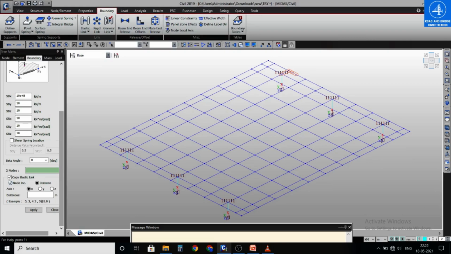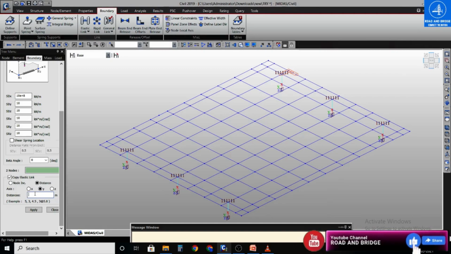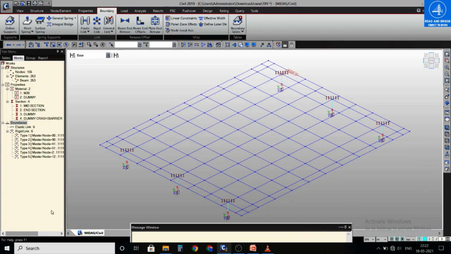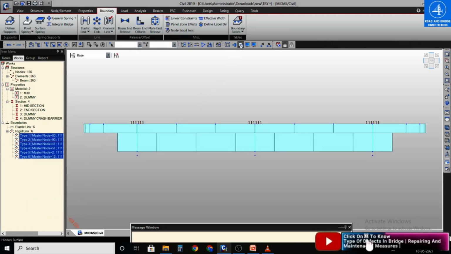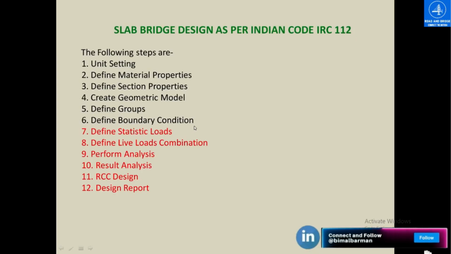You can also click here, and along the y direction you can also provide the distance, and automatically the remaining points will take the elastic link. Okay, make it display. Up to here the boundary condition definition has been completed, and the remaining 6 steps I will show you in the next videos.